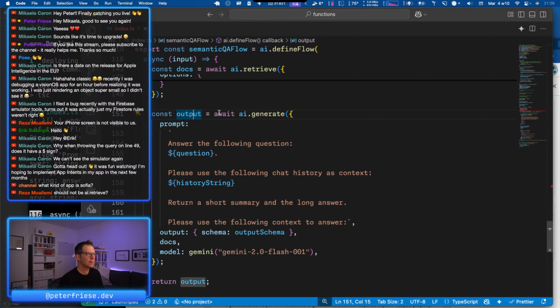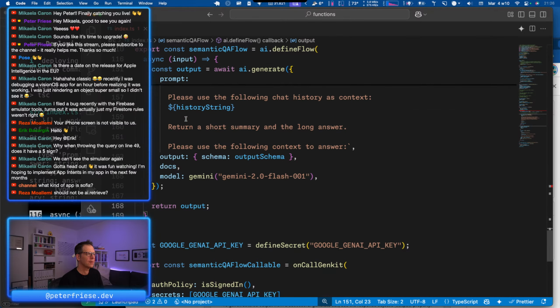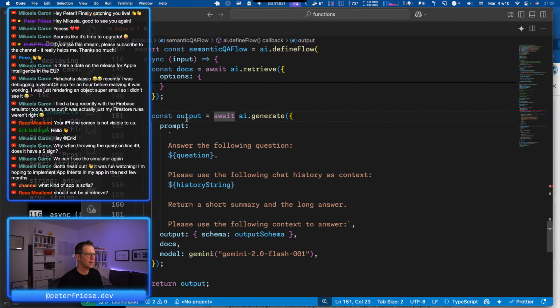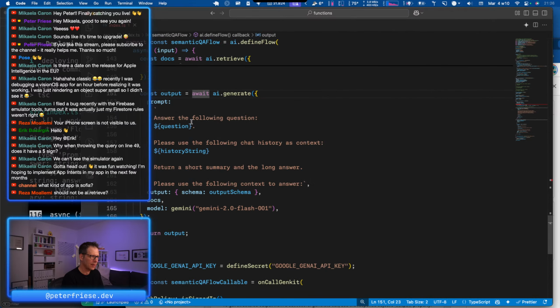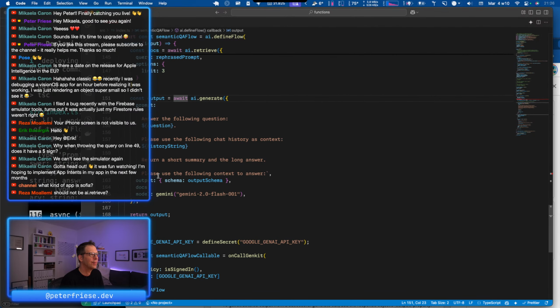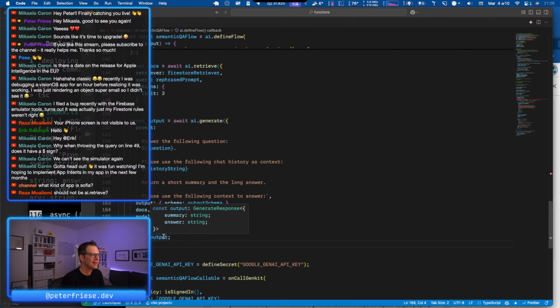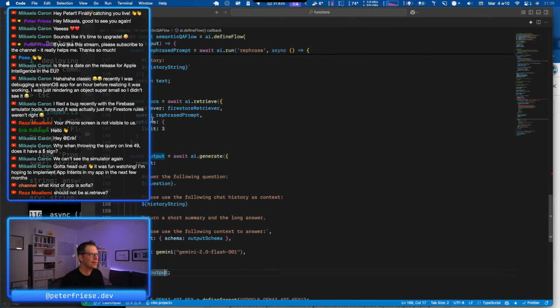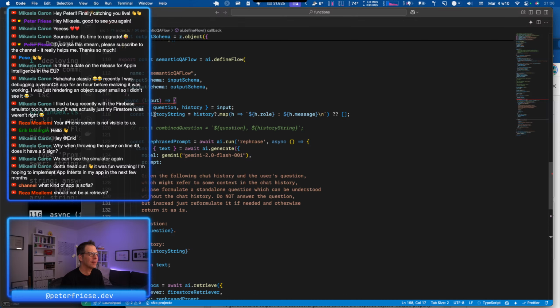So we'll const output equals await. Let me make this a little bit smaller so I can see what's going on. Okay. So output is a generate response, and